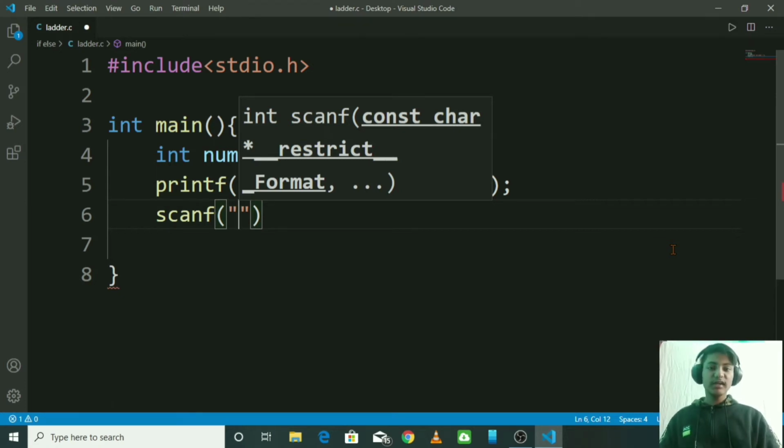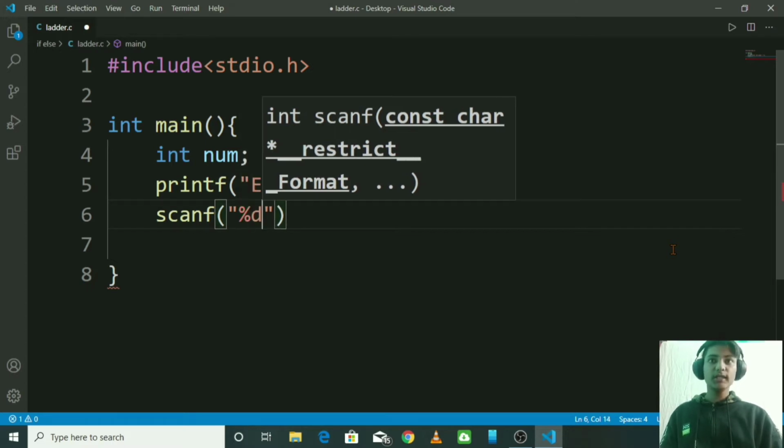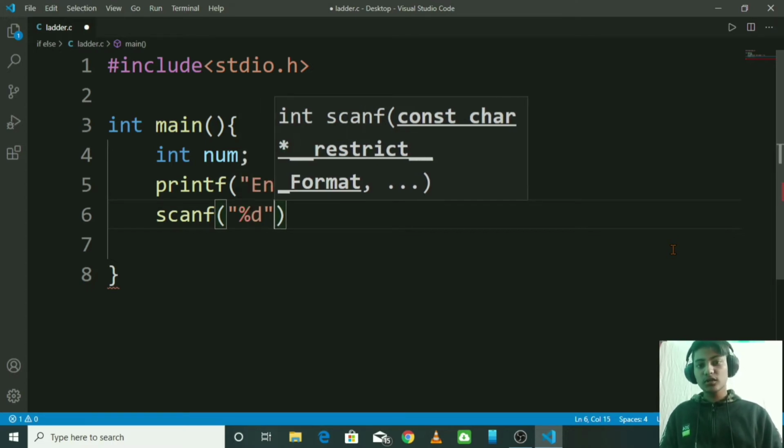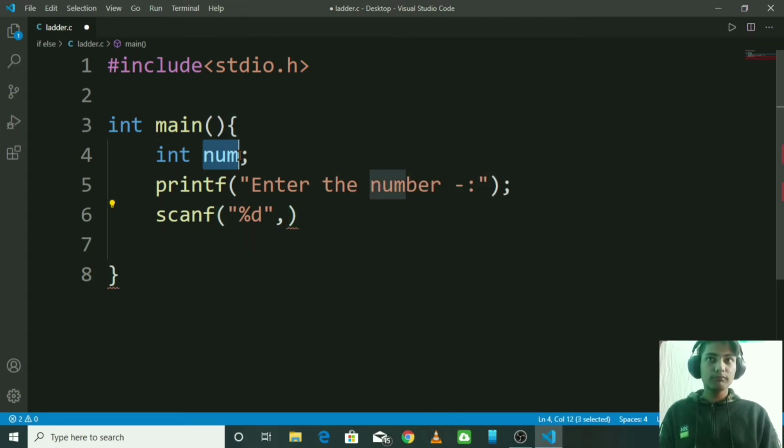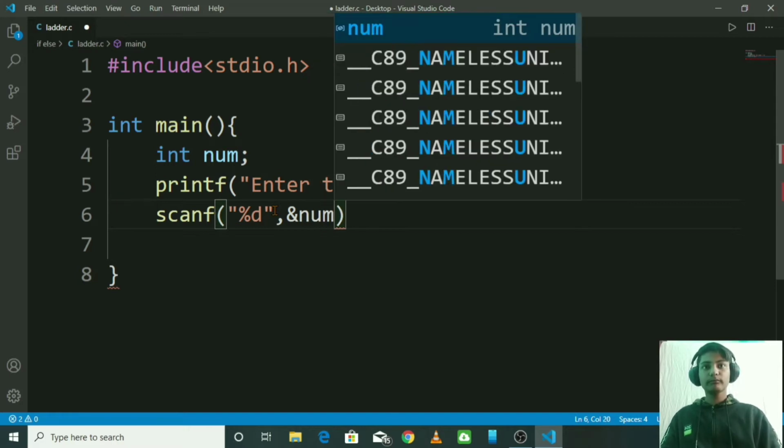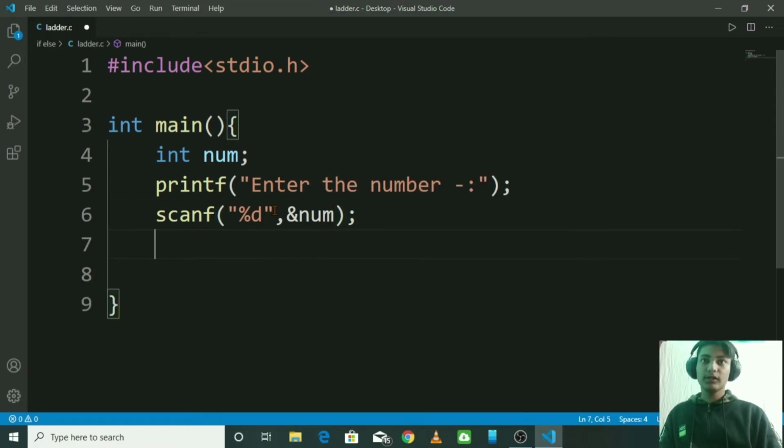For integer it is %d, as the user is gonna enter numbers as integers. So %d, comma, the address of our variable in which the number is supposed to be stored. We call the address by ampersand, so ampersand num, and then our semicolon.